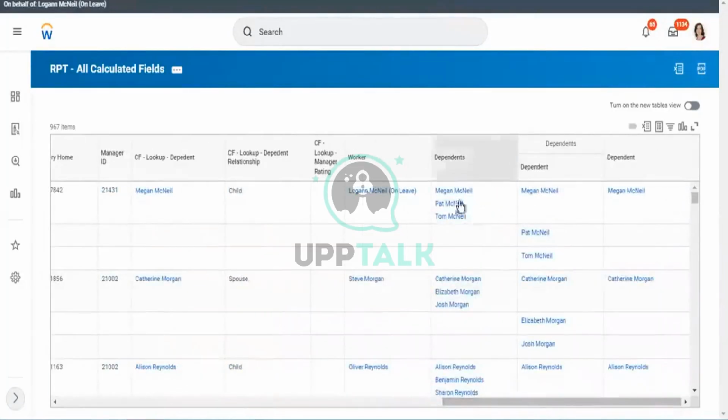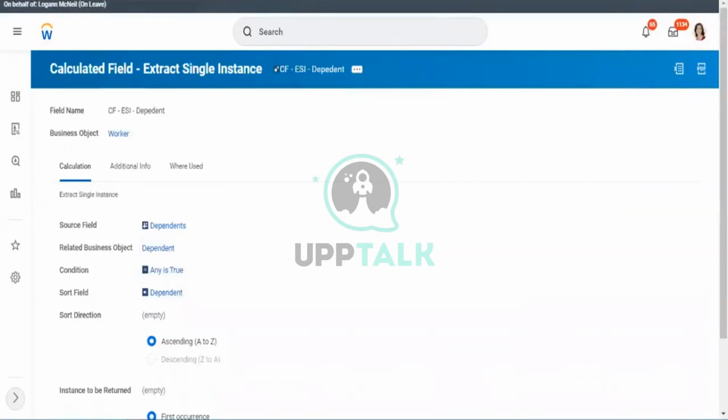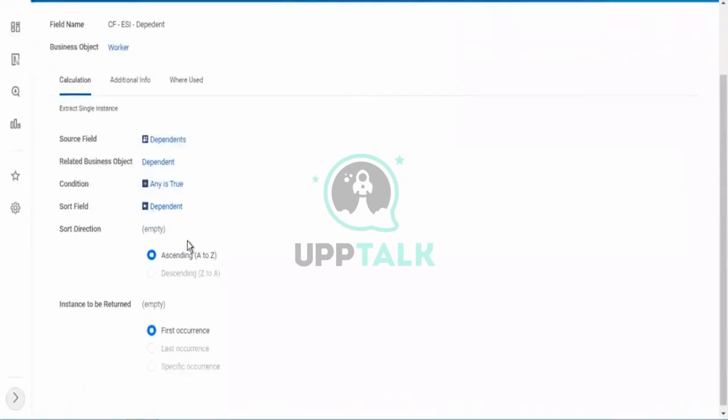If you see here, I got dependent in the single column. When I use dependent as a business object, I'm getting 3 values in a single row. But when I use the calculated field called single instance as a business object, I'm getting only one value. The reason why is you're sorting the field dependent from first to last. Whichever dependent comes in the first row, I can say first instance,